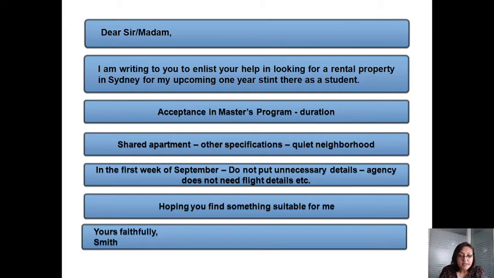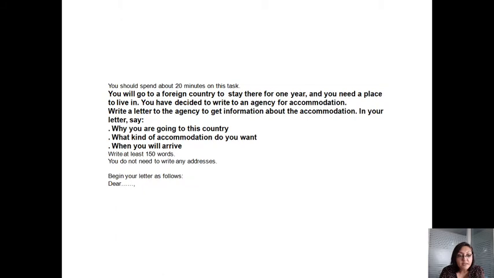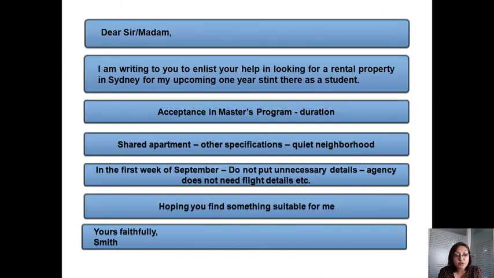Then after that, in the next paragraph, you're going to talk about the next bullet point. So what was that? Let us see. What kind of accommodation do you want? So right, do you want an apartment? Do you want to share it with people? Write about other specifications like, do you want a quiet neighborhood? Do you want your apartment to have Wi-Fi? Anything that you can think of, use your imagination, but don't go overboard. Like I said, they have to be of equal length. And then thereafter,